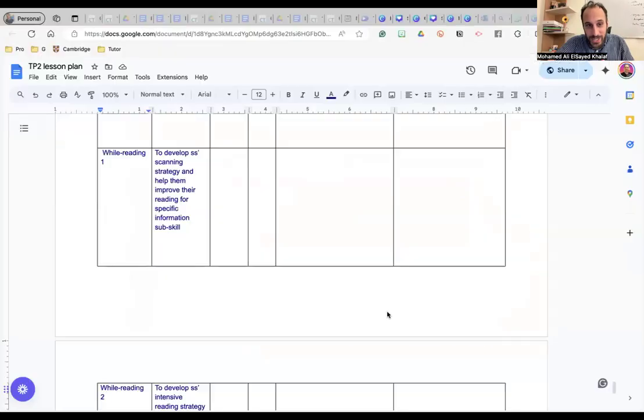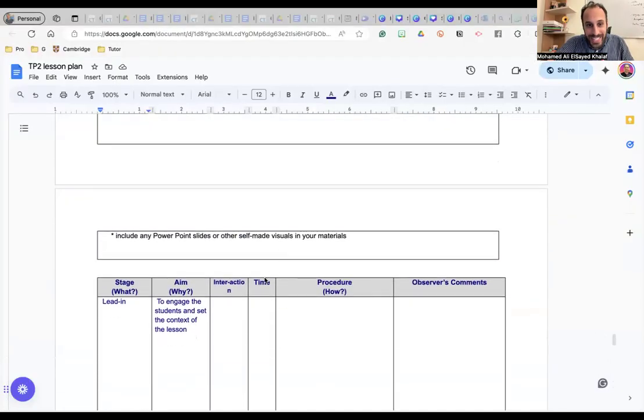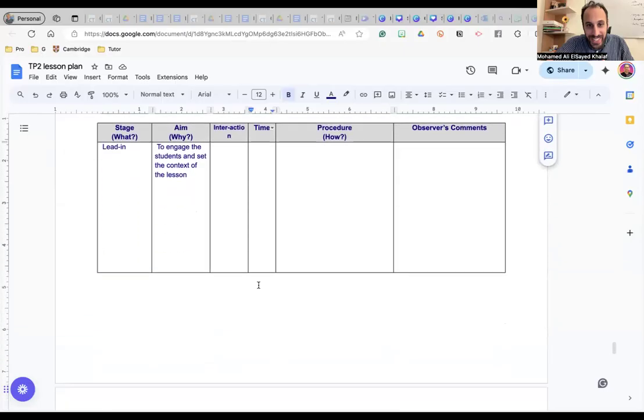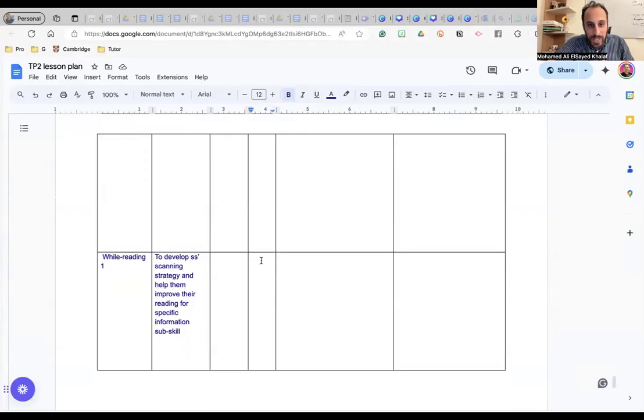So I need to go to the time lane, which is here. While reading 1 is for specific information, and we have 6 points in the task. How do I allocate time for this stage? Let me try and answer the questions myself. I am a teacher, but I will do the task while planning.